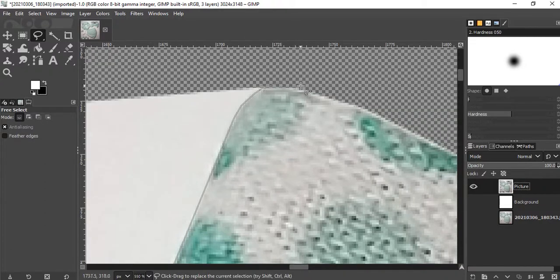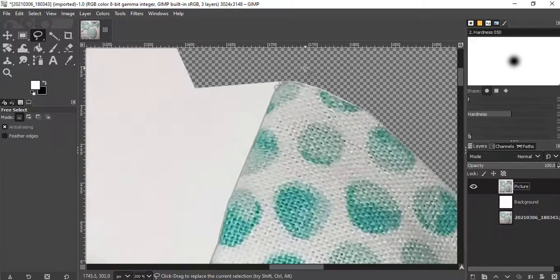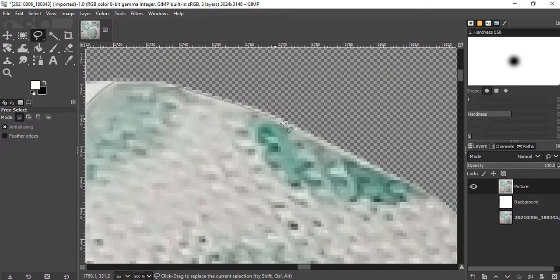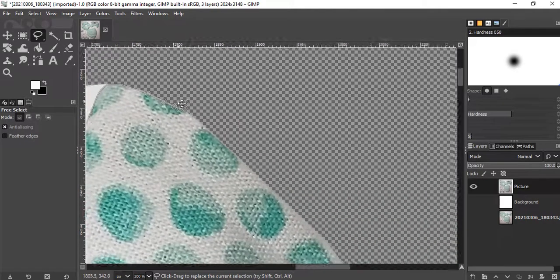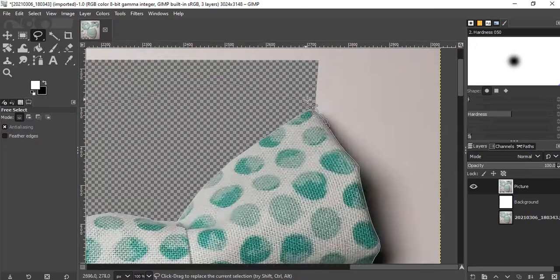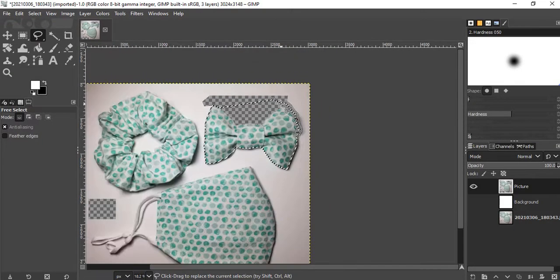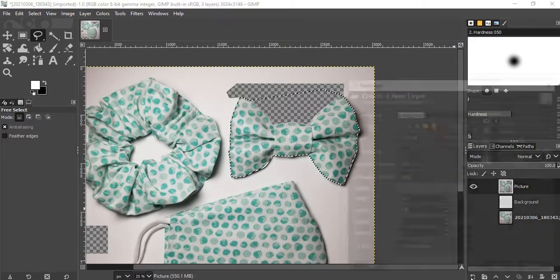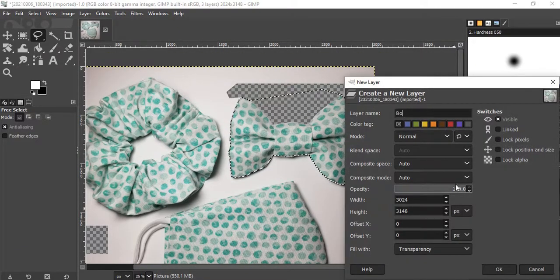So if I hadn't cut these before, I'd have to continue going like here, cutting the white pixels and everything else, but it's already good enough. So I'm just gonna click here, okay, and I'm gonna create a new layer, bow tie, transparent, nice. I'm gonna explain about scale in the layer,